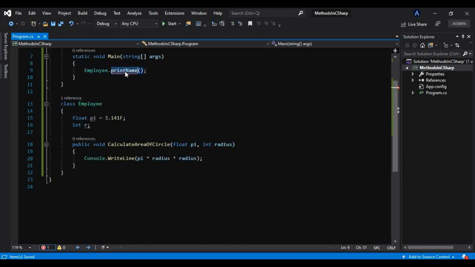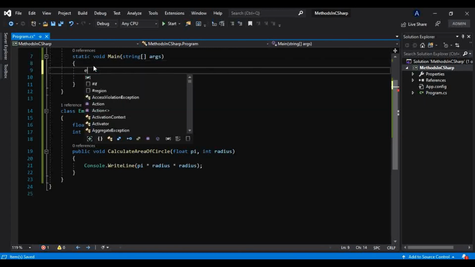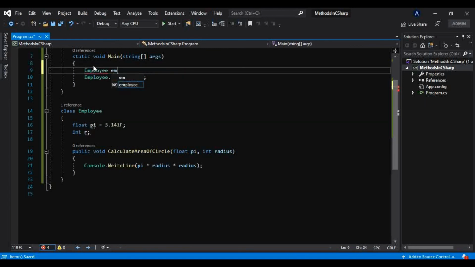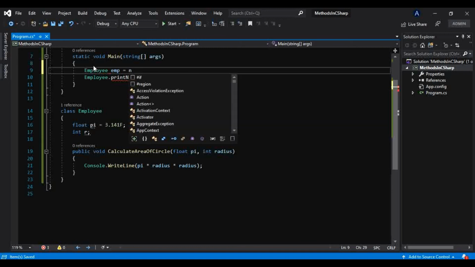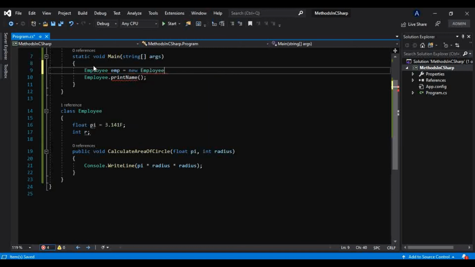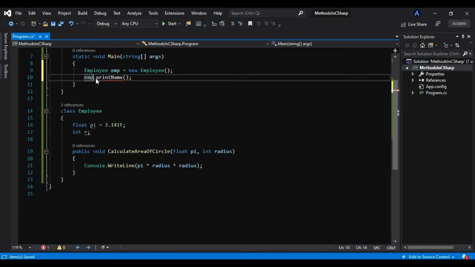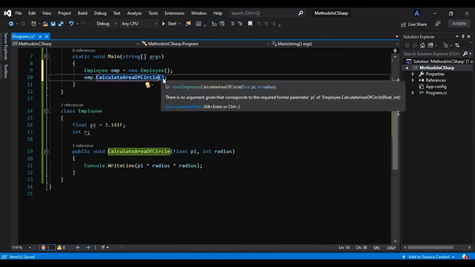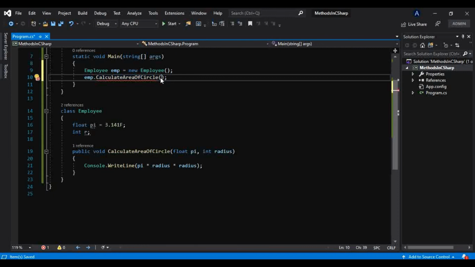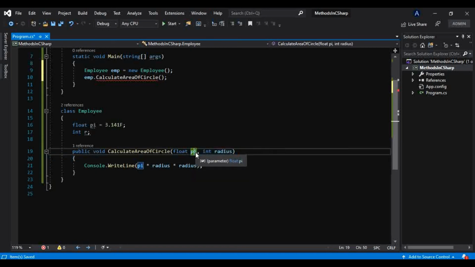So first we have to make an object of that employee class, new employee. So on this emp I will call that method, calculate area of circle, and we know we have to pass two parameters, one is this pi value, and second is the radius value.